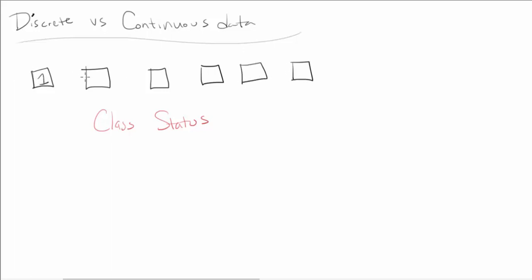So you give people a survey and you ask them to indicate what is your class status. These numbers will indicate different things. You define them. So maybe a 1 indicates that they're a sophomore, 2 is a freshman, 3 would be junior,